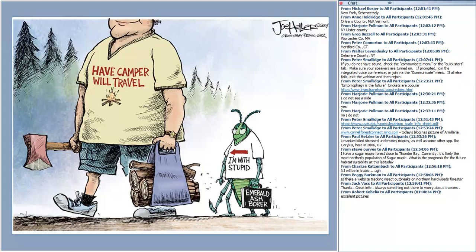It's not the absolutely most perfect thing in the world, but as far as a wide scale application of something in a forest, I think it's definitely the best way to go, as compared to the good old days of spruce budworm projects with DDT all over hundreds of thousands of acres.